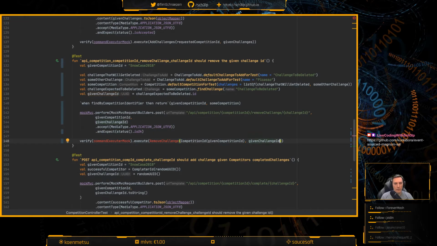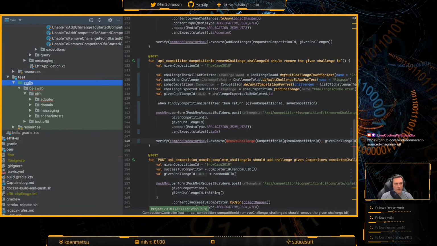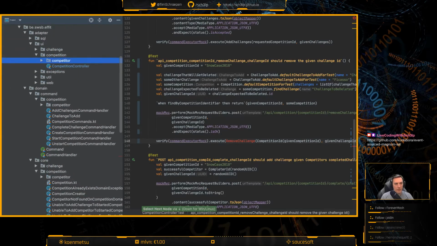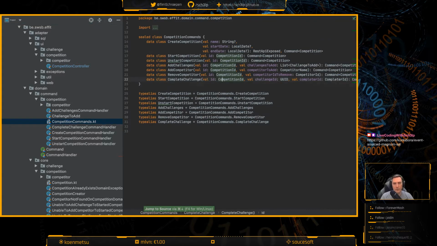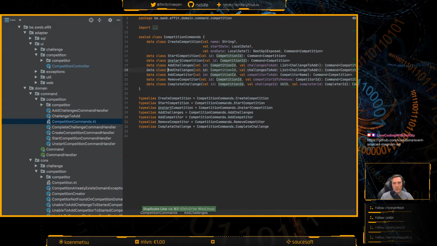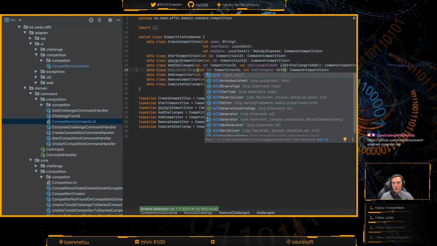And that's about it, I think. What is the problem? Oh, the mock. This thing doesn't exist just yet, so let's create it somewhere in the commands. So we'll have remove challenge, single challenge apparently, which is just a challenge ID, which is a UUID.